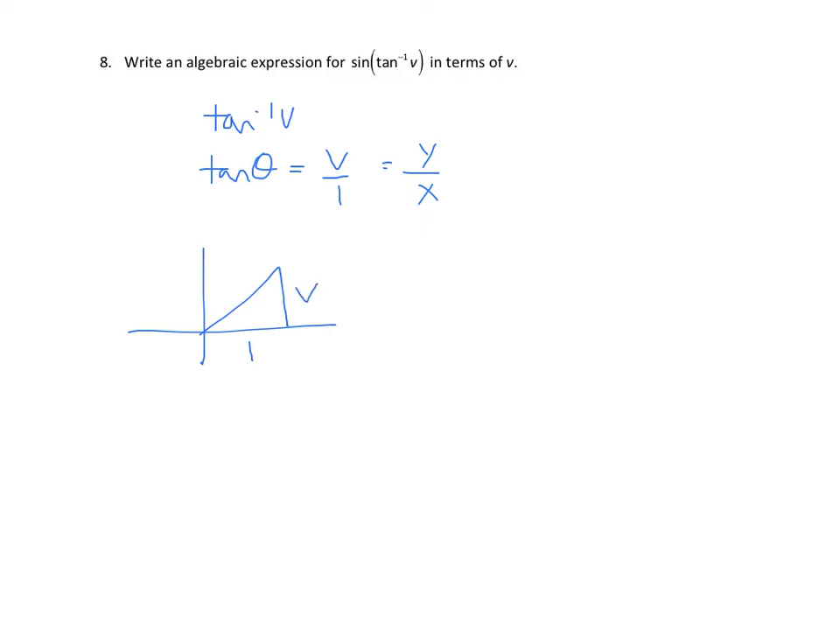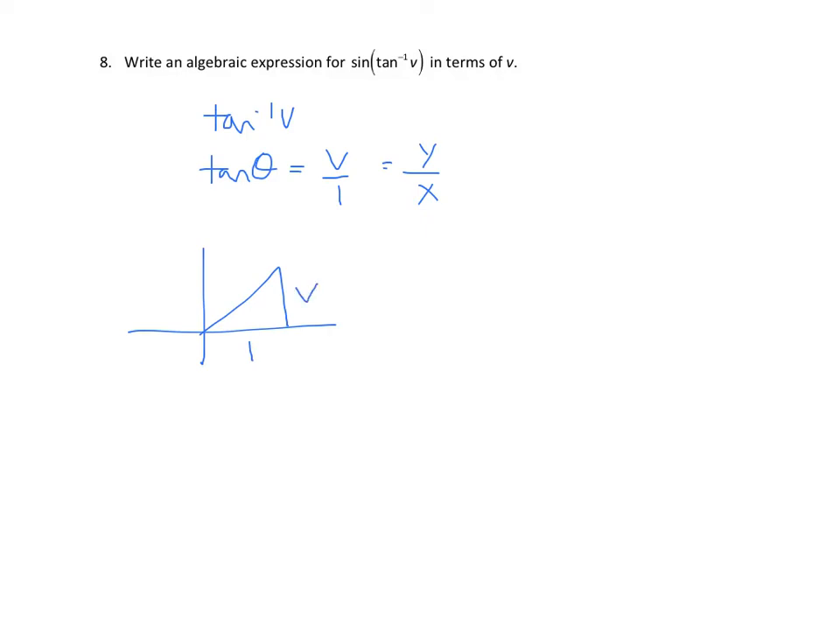In this last example, it's just another application of our inverse functions and trig functions. If we want to find the sine of tan inverse of v, first we start on the inside with tan inverse of v. That means we're trying to find some angle where we have a tangent value of v, and we could call that v over 1, which would be our y over our x. And if we make a triangle where we have an x coordinate of 1 and a y coordinate of v,